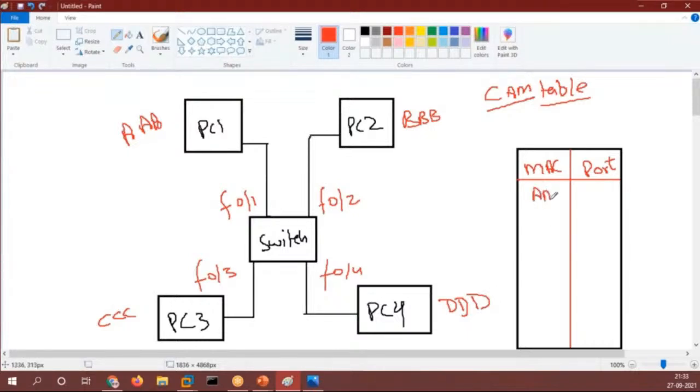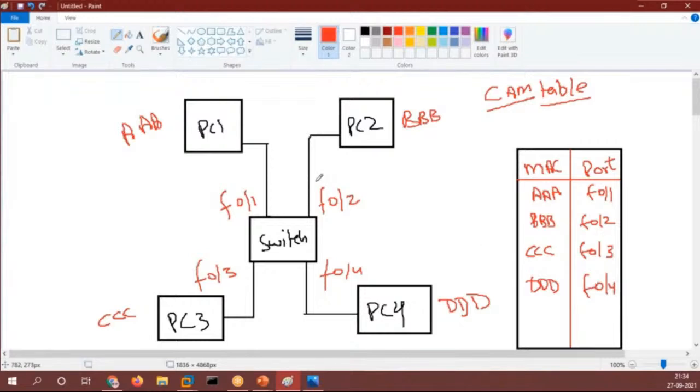MAC address AAAA is connected to port number F0/1. MAC address BBBB is connected to F0/2 port number. MAC address CCCC is connected to port number F0/3. MAC address DDDD is connected to port number F0/4.